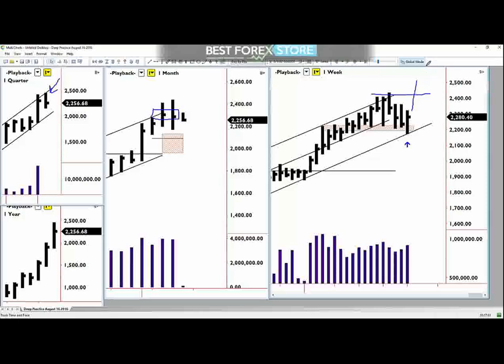A steeper stride up, which would be in keeping with the idea of climactic action on the yearly, that we would really push up on the smaller time frames, creating that climactic situation, and with the yearly potentially having a climactic look to its trend, that parabolic look, everything would line up for a selling climax up in here, okay? However, if it doesn't, then we could potentially see this market come back down here